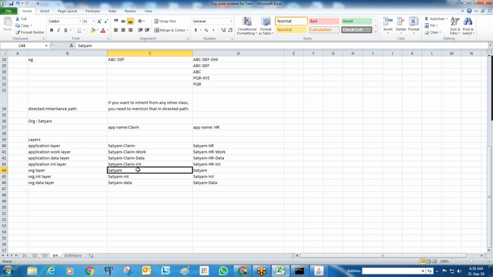So if something is specific across the organization, as I said, you need to save the rule in this class. If you're saving the rule in this class, ideally you need to select the organization rule set only. Some people save the rule in this organization layer class, but choose the application rule set.